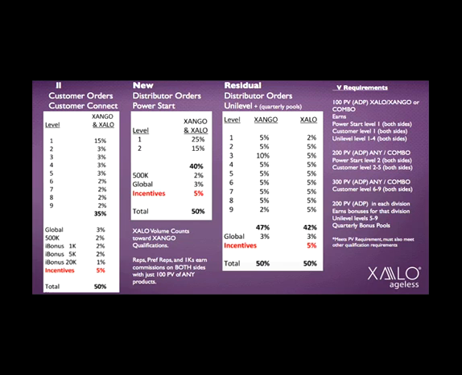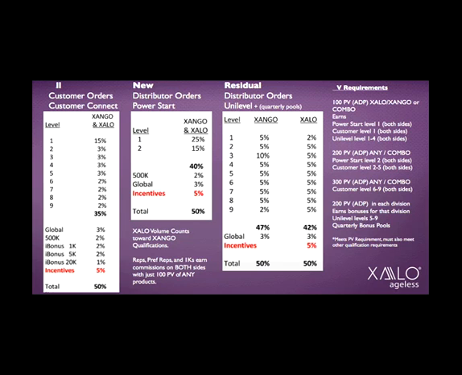So as far as your requirements, how are you eligible to earn all of this pay? Well, we talked about the sponsoring and personal volume requirements at the different levels, but we have our PV that we talked about. So on the residual, it's 100 points to be a 1K and a 5K to be eligible for those ranks, and 200 points for 20K and above. But to earn on the customer volume and the Power Start 2nd level, there's a nice little progression. Starting with 100 points, again, will qualify you up to 1K and 5K for your income. It'll also qualify you for all Power Starts on your new distributors, whether they're new XANGO or XALO, it doesn't matter. That 25%, you're eligible for that.